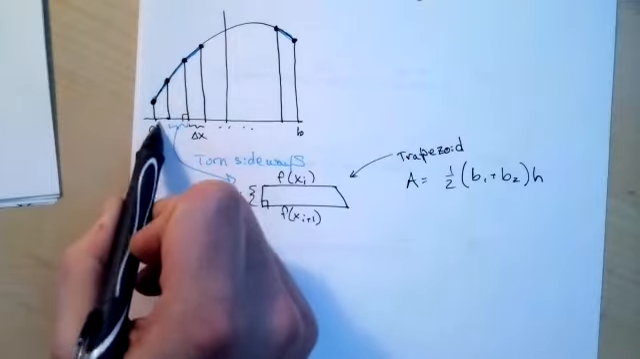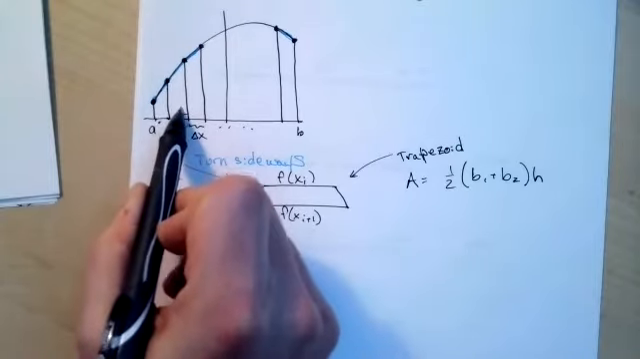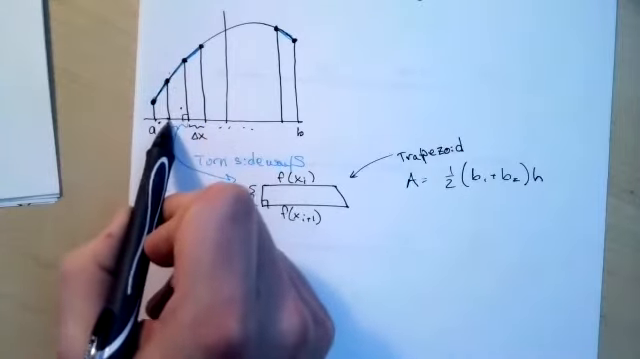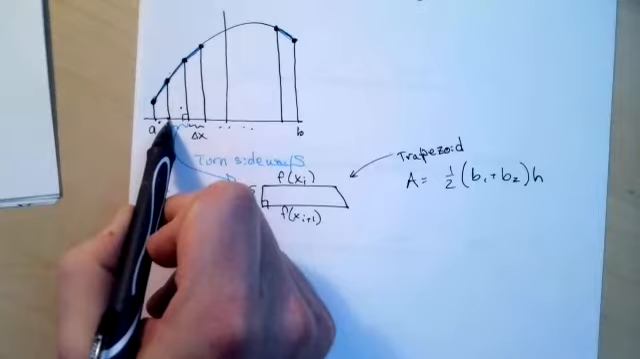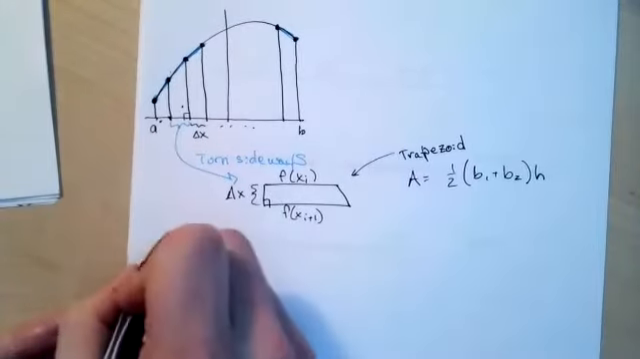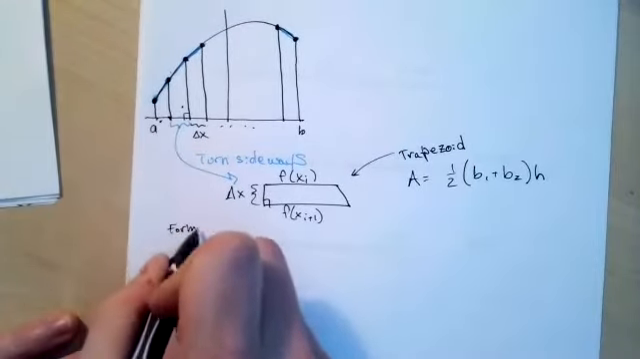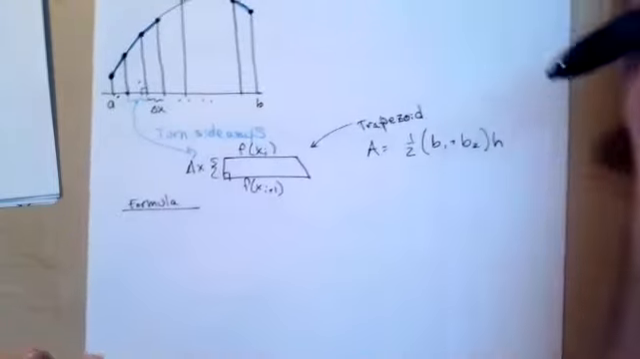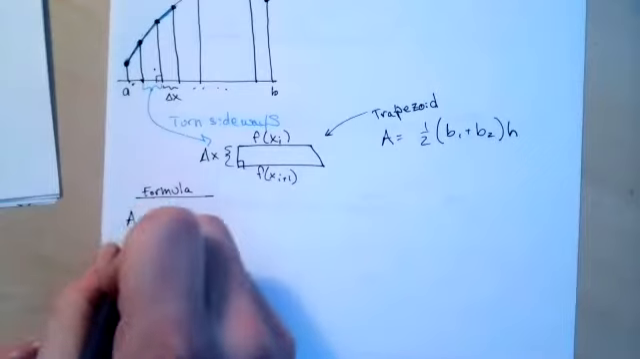And that'll give us the area of this trapezoid. The next one, we have to do 1/2 f of x1 plus f of x2. So we're getting an extra f1 in there. So our formula is going to look like this. The area